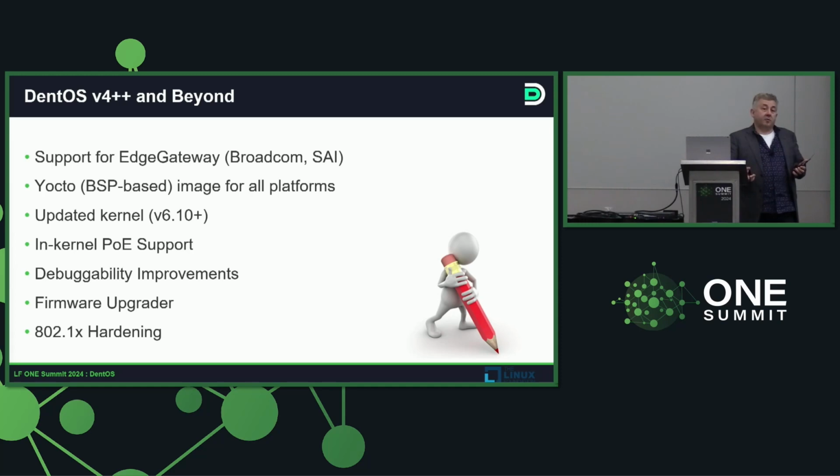Our current implementation for PoE is user mode applications. We are moving all that functionality into a PoE in-kernel implementation. The first commit has gone through. There are 5 stages. The first one is done. That's the hardest one. The basic infrastructure has been integrated into kernel 6.10. As the remaining 4 milestones are reached, we are going to have full functionality, including LLDP.